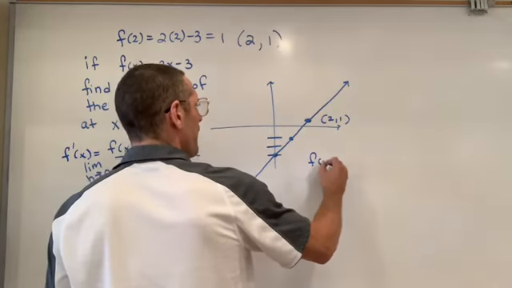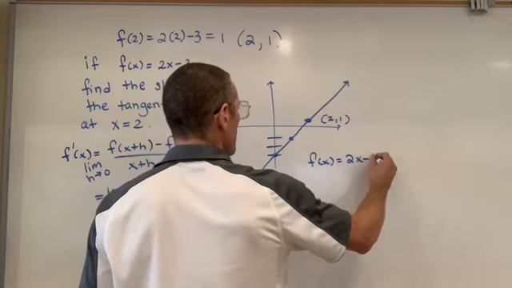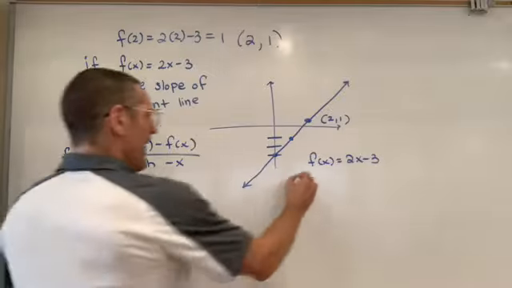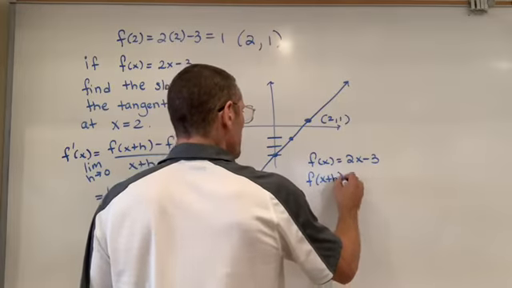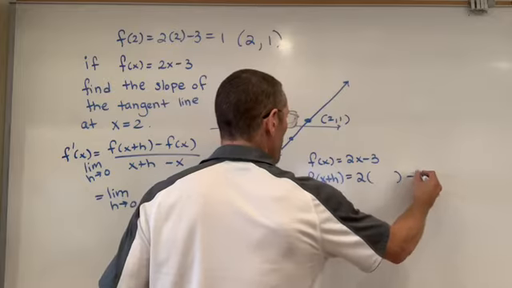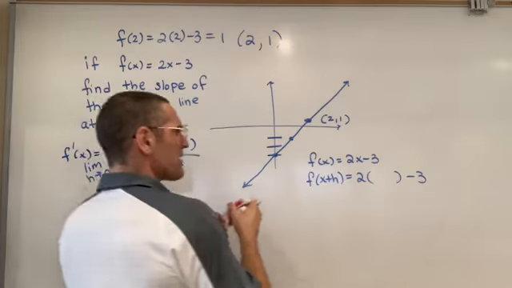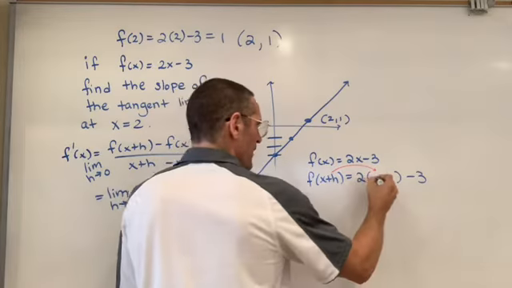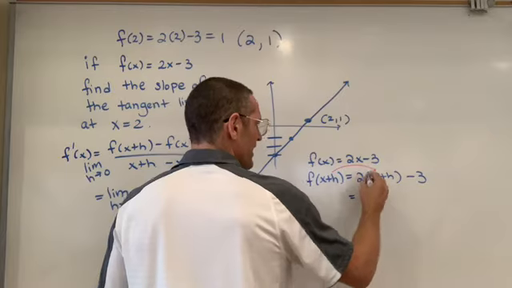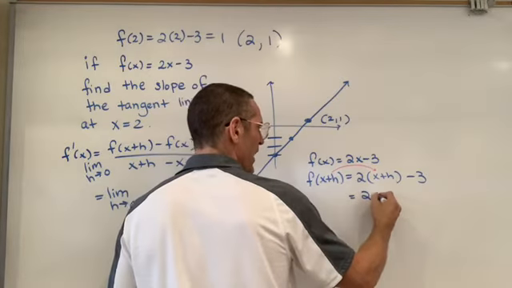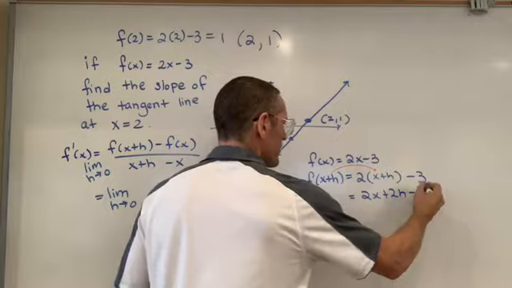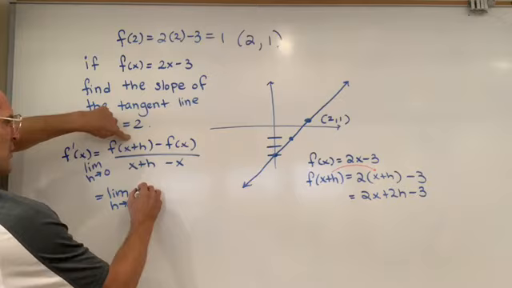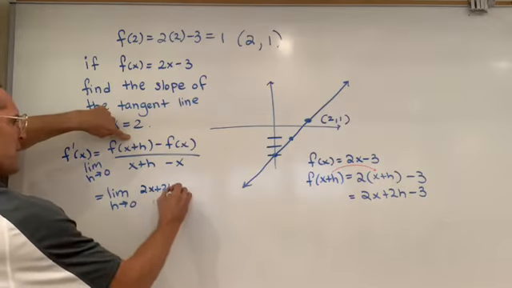I know f of x is 2x minus 3. So I can substitute that for f of x there. f of x plus h is 2 times our input minus 3. And so what is our input? It's here. It's x plus h. So I'm going to make that substitution. If I now distribute that 2 out, I get 2x plus 2h minus 3. So when I'm asked for f of x plus h, I'm going to substitute in 2x plus 2h minus 3